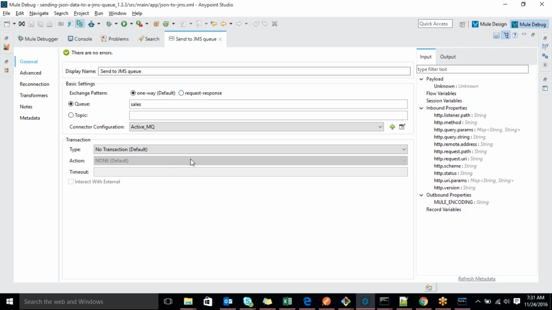But as of now it's an outbound connector, not inbound. Now we have to give the queue. If you don't, you have to use request response. That time the response also should come. Now the acknowledgement should come, right? Whenever we pull the queue, it should send the acknowledgement to the queuing mechanism.